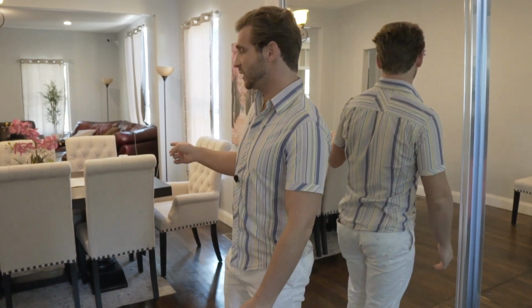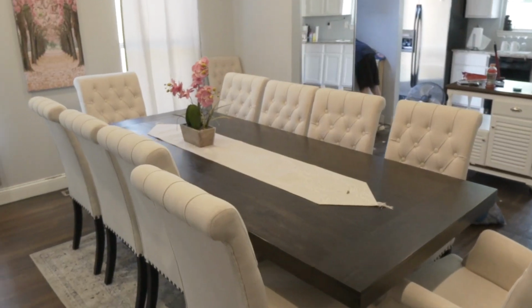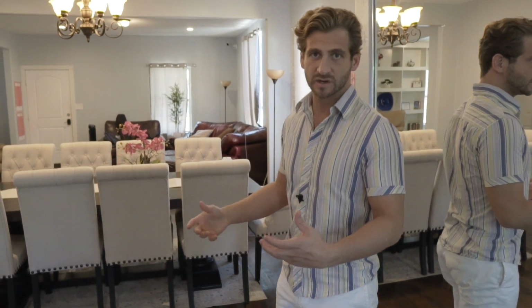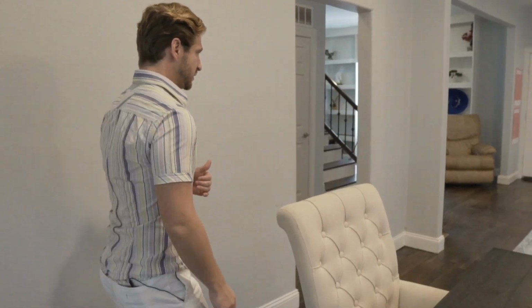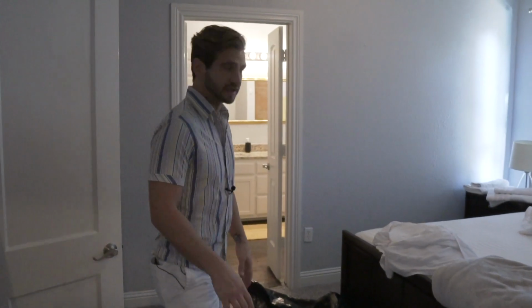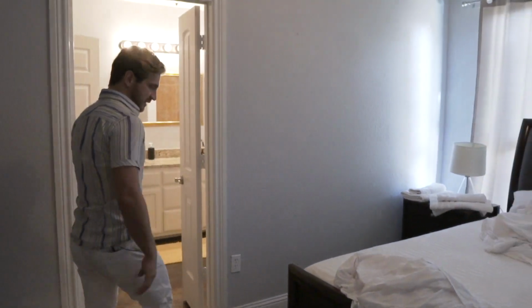And also this table right here is an extendable table. And so I can fit 12 people at this table when I extend it out, and we'll have the extra chairs out as well, which is really great for people that are wanting to do corporate parties, events, whatever it is, for a massive amount of people for a dinner party or something, which turned out to be a good idea. Pardon the cleaning, they're still in the middle of cleaning this, but downstairs bed,